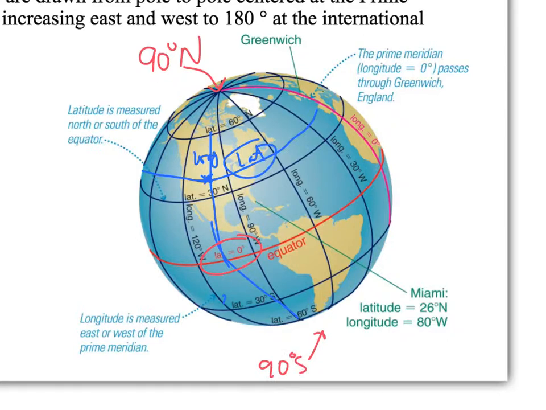With regard to longitude, they begin at what's called the prime meridian, and they go west and they go east. And they meet at, this is one of my favorite things, the international date line. I just think that is so cool. So at 180 degrees longitude, west and east kind of wrap around. So, for instance, Miami is 26 degrees north latitude and 80 degrees west longitude, right?